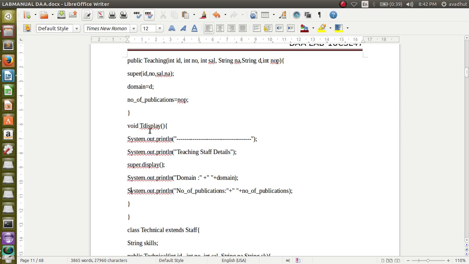Display is present in this teaching class. Again we are displaying the details in the same manner as that we have displayed in the superclass. So we are calling here super.display to display all those superclass variables. Which are those? Staff ID, name, phone number and salary. To display those, we are calling the function of superclass, super.display. Super is a keyword which is calling the display function of the